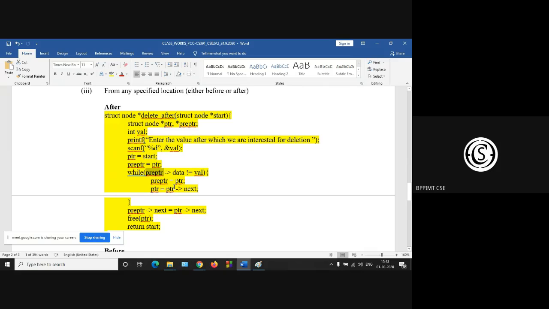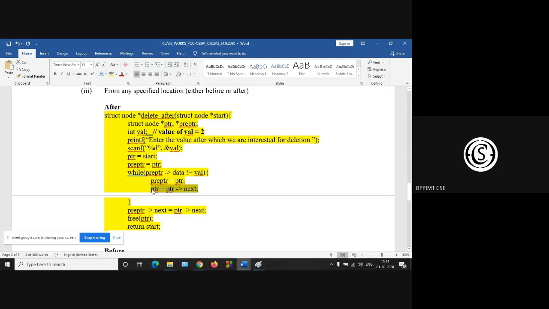While pre-PTR data is not equal to your value, here the value of val is 2, that is not equal to 2, then you have to copy the PTR to the pre-PTR and advance the PTR.